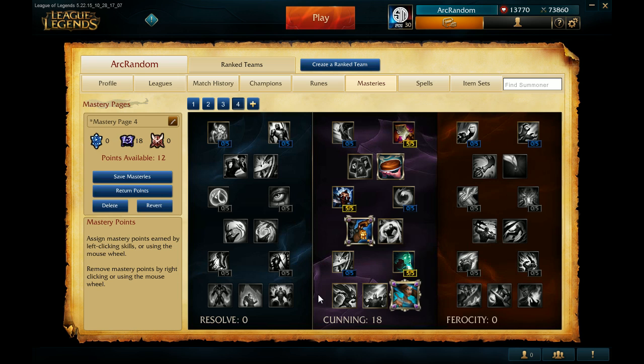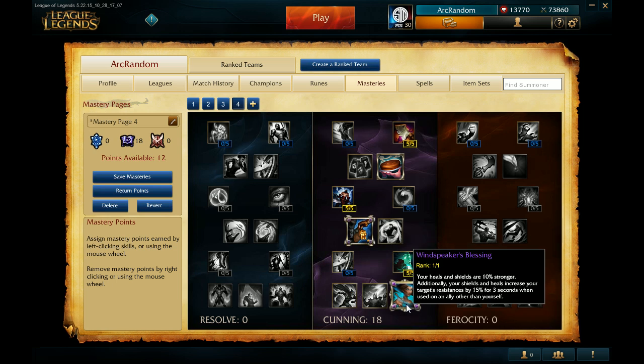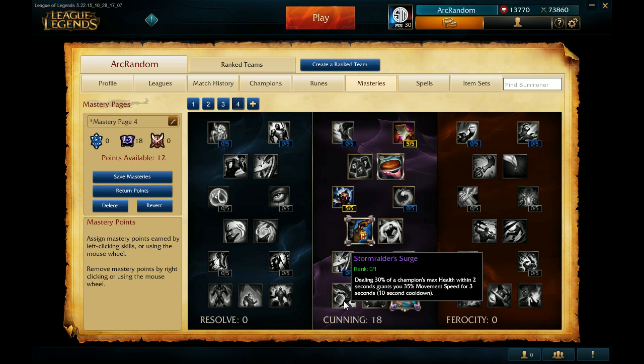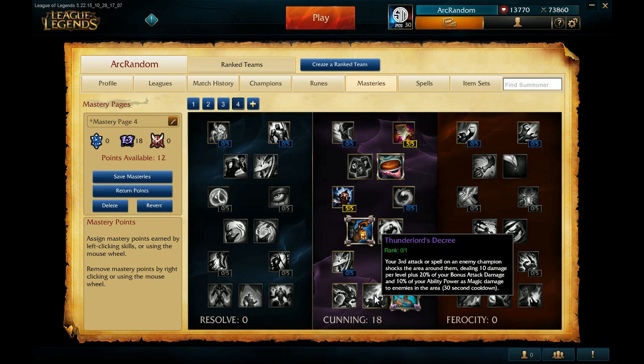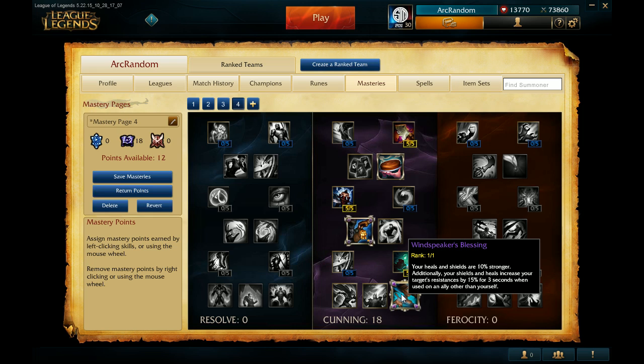Interestingly, I feel like certain champions really benefit from this kind of page. Like I think certain assassins, maybe even Diana, really benefit from Storm Raider Surge, but there's probably better stuff in the Ferocity tree. But like Diana, Talon, people like that, while this middle mastery really benefits harassing supports a lot, like say Sona would benefit a lot from that, and a little bit from Wind Speakers. But Wind Speakers is definitely for Soraka and Lulu and your typical shielding